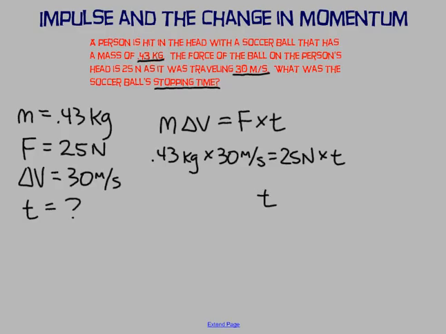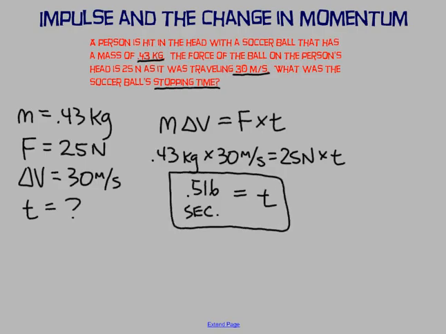We won't take the time to show you on the calculator this time, but using some algebra, multiply 0.43 times 30 first, then divide by 25, and you get 0.516 seconds as your stopping time. And that's how impulse and momentum are related, along with